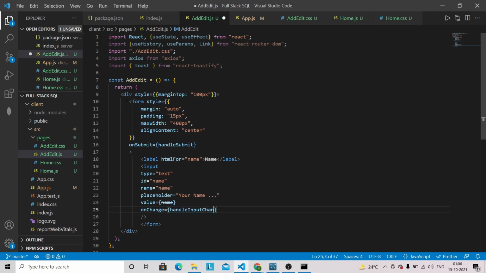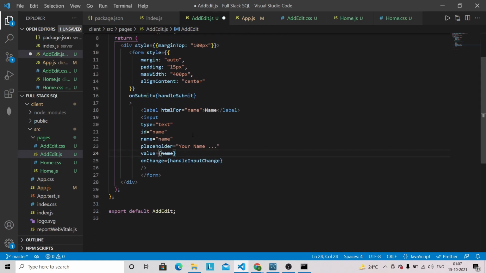Okay, so we have defined this first input field. So I'm just going to copy this one and I will paste it a couple of times.